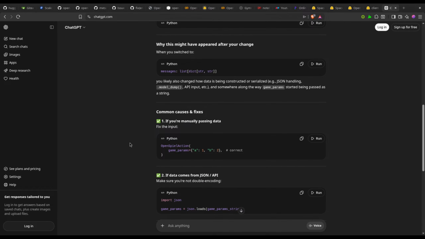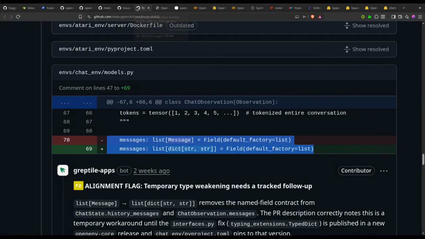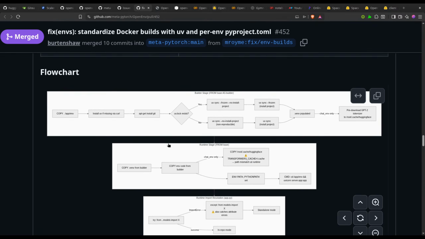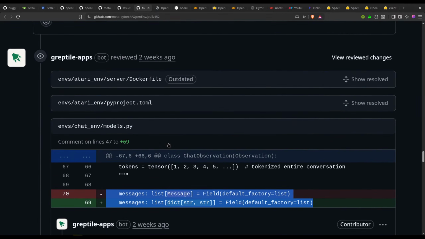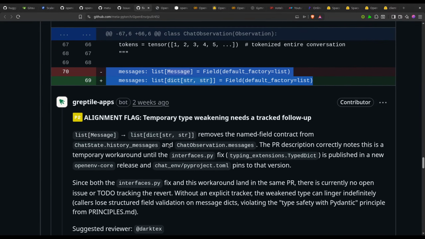Messages. They have broken the code somewhere. At least that is what I am able to understand.